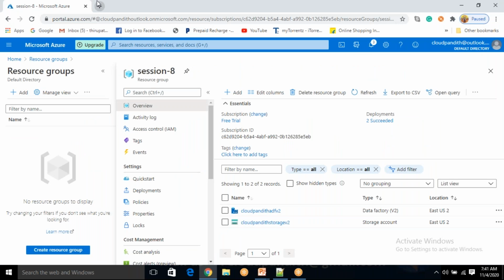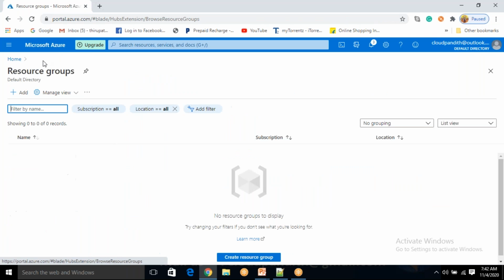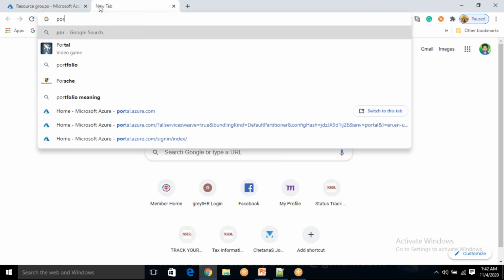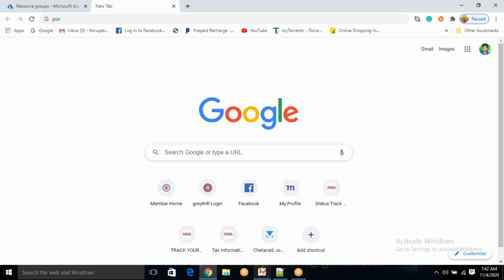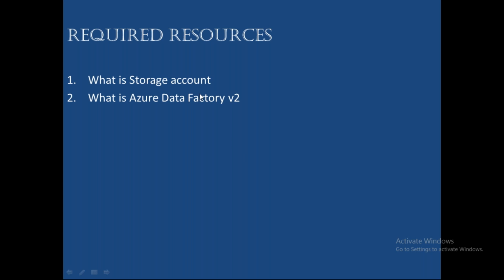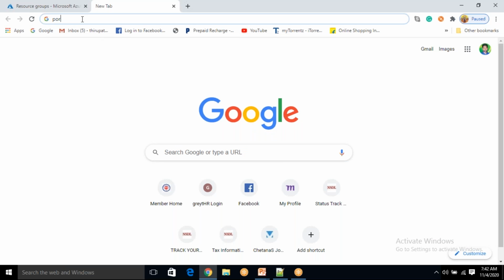Now, let's say this is my Azure account. We discussed the Azure account. Because I don't want to waste time, let's quickly do the demo. Let me open two different tabs here. So remember, how many resources are required for today's lab? Can you tell me, friends? You see, Azure storage and Data Factory V2. So what I need to do,